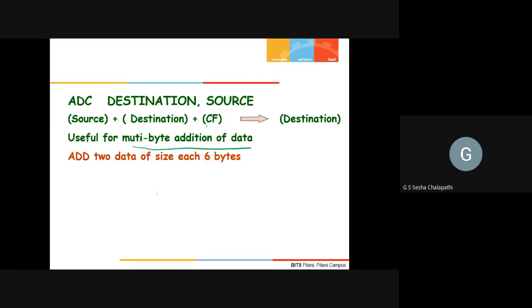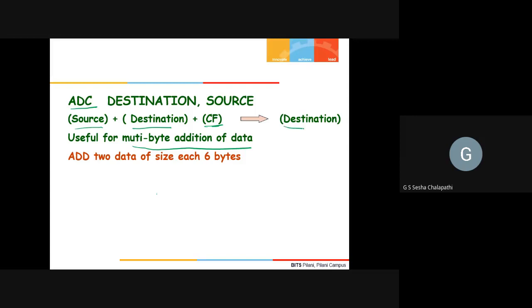The carry of the previous addition will be carried over to the next addition. In that case, you will use an instruction called ADC. ADC is the same as ADD, except that you will also add the carry flag. So source plus destination plus carry flag will be stored inside the destination.